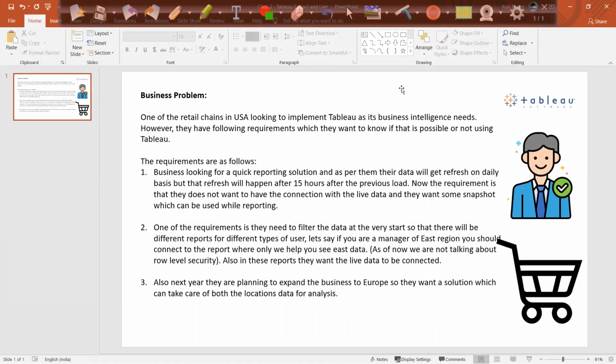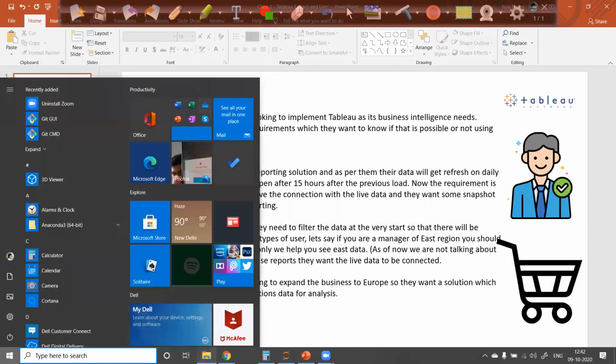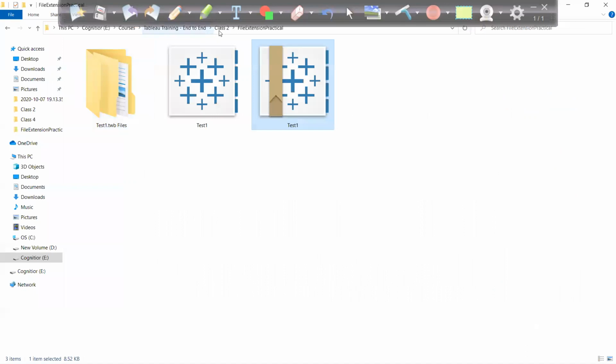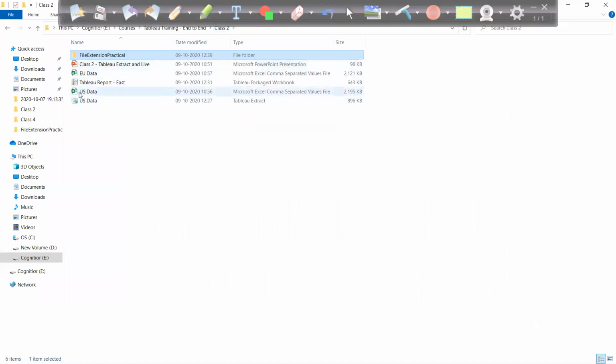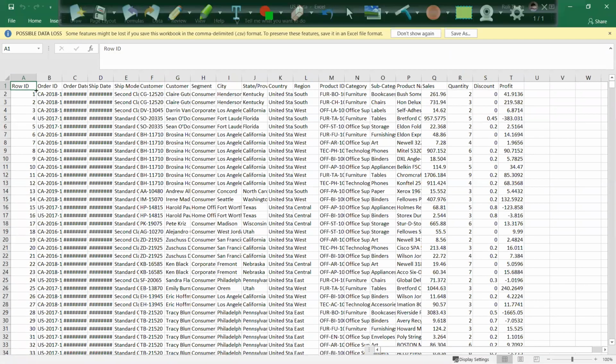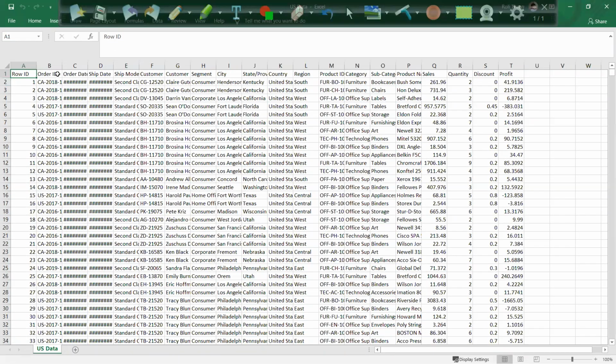So what they did was they gave me dummy data. They gave me the Europe data as dummy data. They are saying that, see, I am having the US data, which consists of these many columns: row ID, order date, ship mode, customer ID, and so on. There are around 20 columns I have.